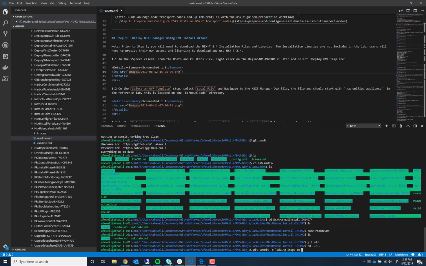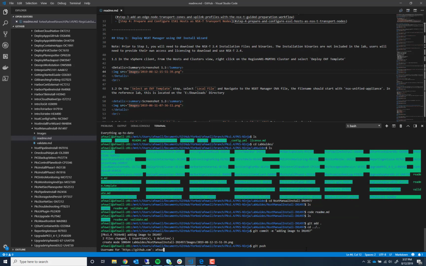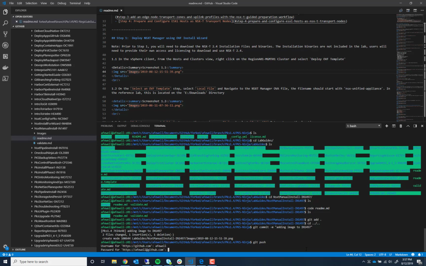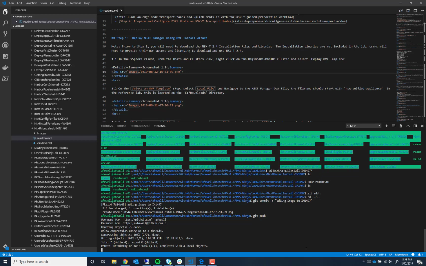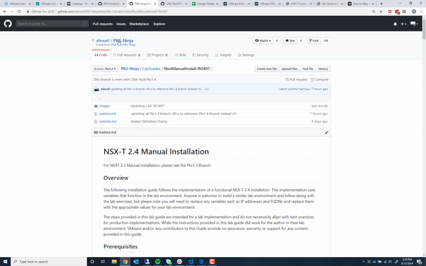the syntax I like to use here for this is, we did in a NS16 manual, the course code here is IN1497. So I'm going to say IN1497 and then hit enter. And now I can do git push. And I'll type in, this is going to my fork. It's not going to the main repository, so I can put in my standard GitHub username and password, and that took the updates we created and pushed them up to